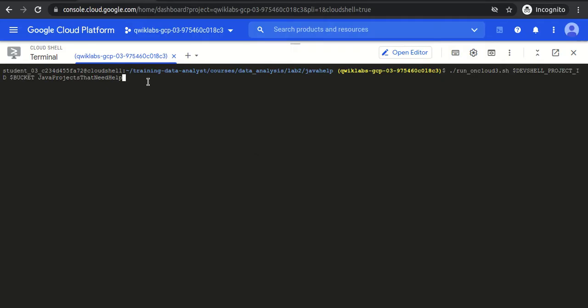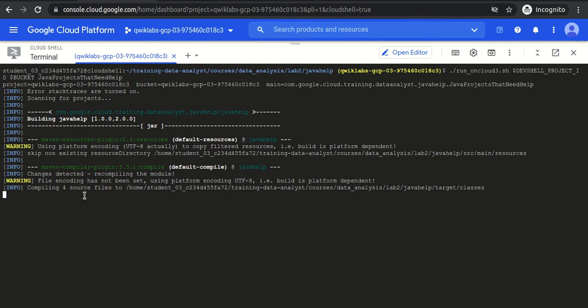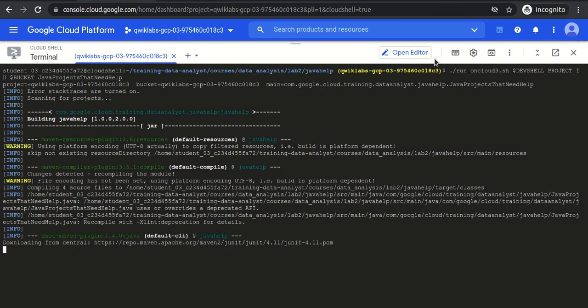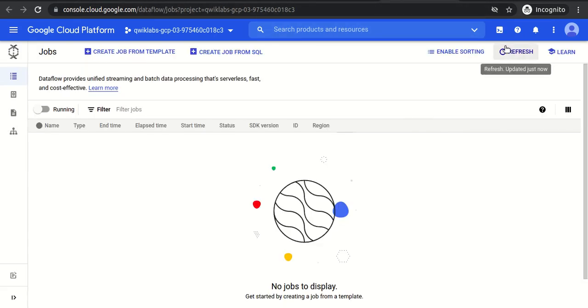Okay, so if I execute that particular pipeline and I go to the Dataflow and do the refresh here, automatically I can see, in 1 minute, this has been triggered. Okay, so it is triggering. So automatically at the back end the Dataflow pipeline should be triggered. Let me refresh it.